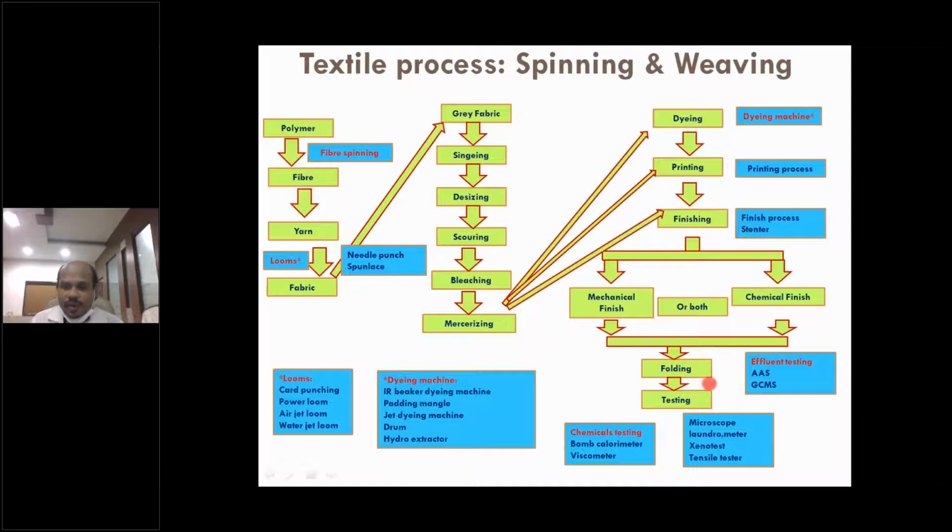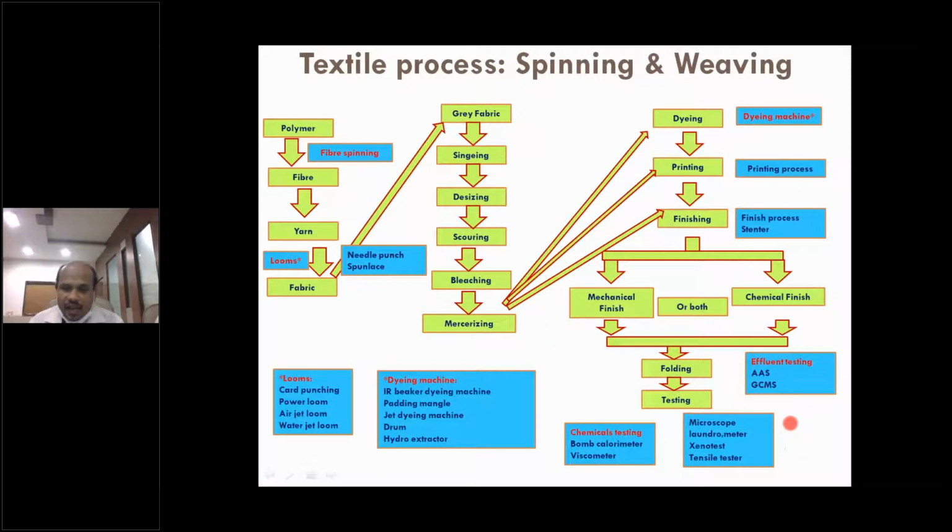Then we'll have the effluent part, because whenever we are processing the fabric we mainly use a lot of water, and this water is going to the environment. So before releasing this water to the environment, some portion we are reprocessing and recovering, and sometimes we are just releasing it to the environment. Before releasing to the environment, we have to check whether this effluent is safe for the environment or not. For that we have to go for some testing that is done by AAS and GCMS,